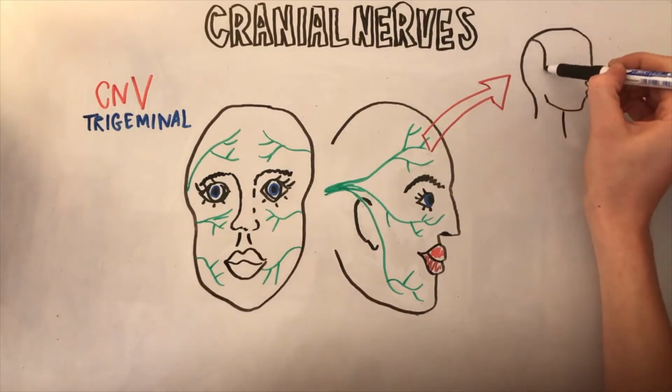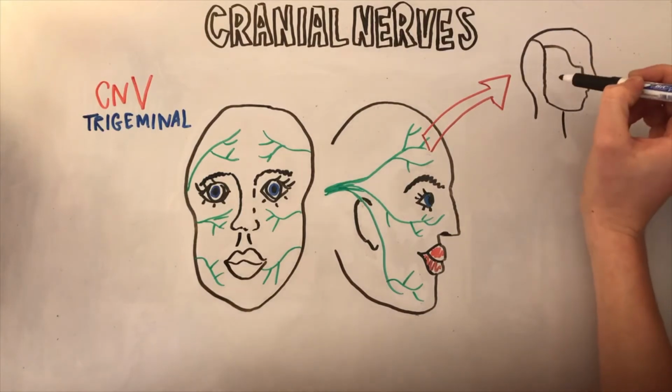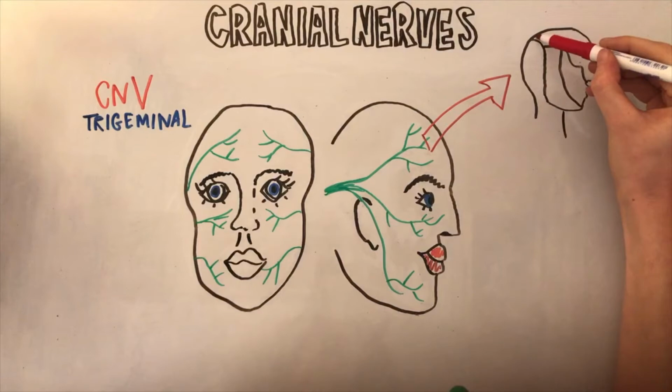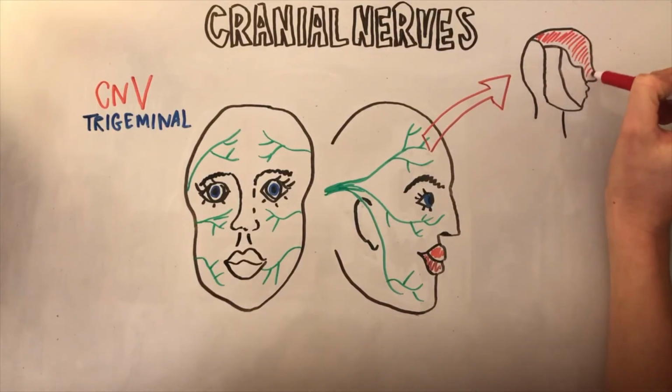Clinically, you would test the trigeminal nerve by touching the areas of the face innervated by the 3 branches and comparing right to left. So that brings us to the end of the trigeminal nerve